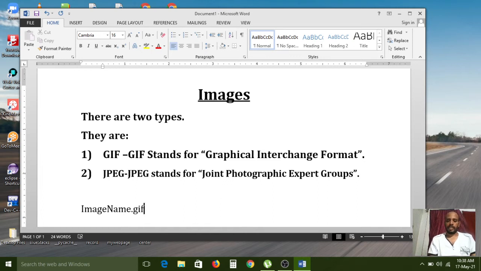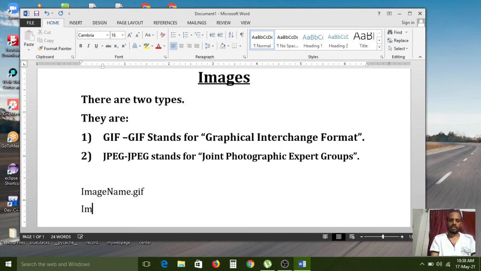If the extension is .gif, we need to know that the type is Graphical Interchange Format. And if it is a JPEG, the image name is our wish and dot jpeg is the extension. JPEG is the extension.